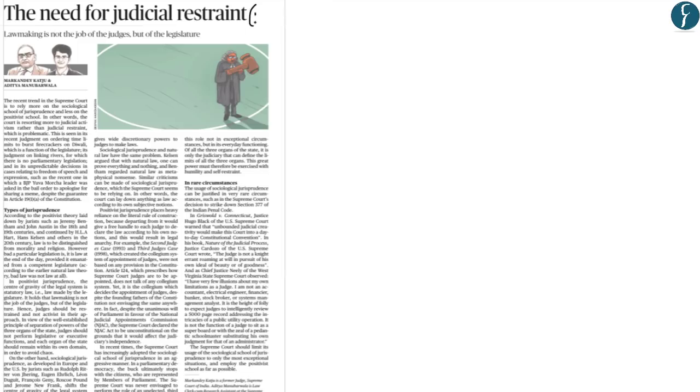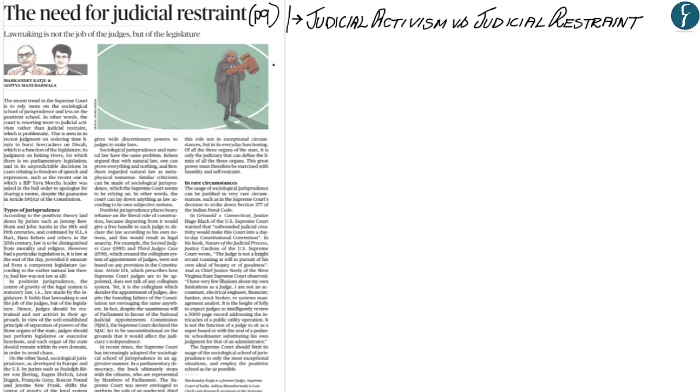Now we have taken this opinion-based editorial from page 9. What this article talks about is judicial activism versus judicial restraint. You need to understand that this editorial is much more relevant for those who are preparing for the political science optional examination, whereby this editorial talks about two schools of jurisprudence, first being the positivist school and second being the sociological school, whereby this editorial tries to explain the debate between judicial activism and judicial restraint by highlighting the